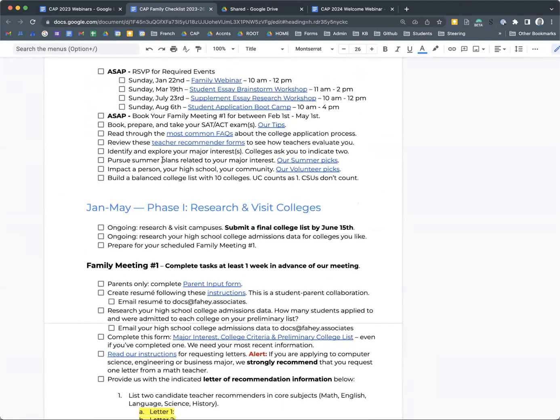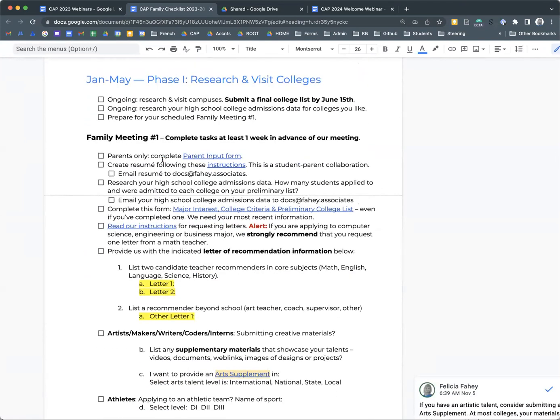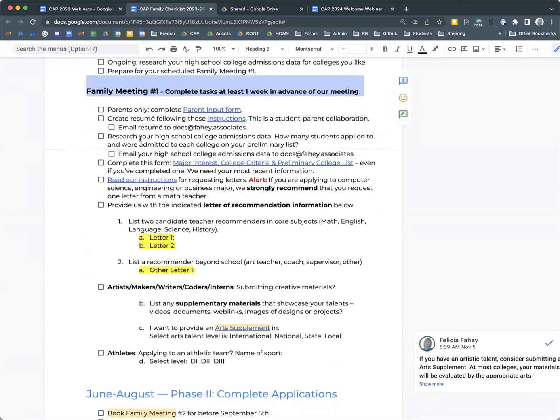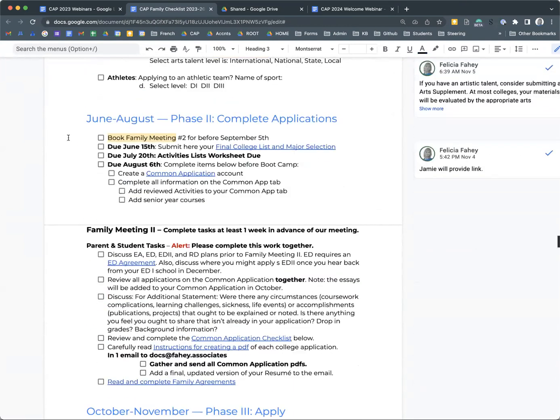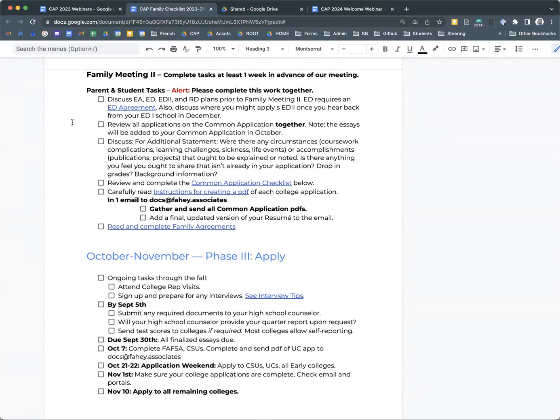It has your checklist of things that you'll be completing for family meeting 1, and we'll be looking at this each time we meet. It has the list of things that will happen between June and August, and then the tasks that you'll be completing for family meeting 2. And then finally, all of the tasks to complete when you're getting ready to apply.